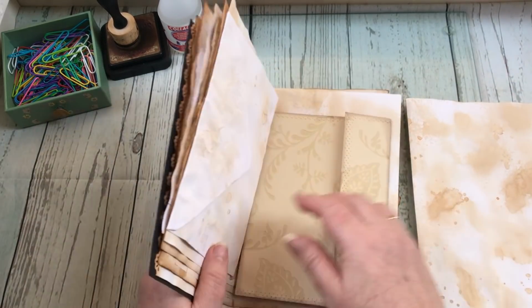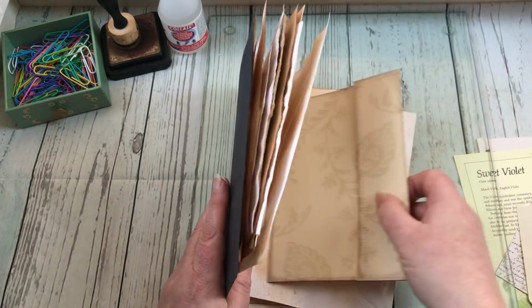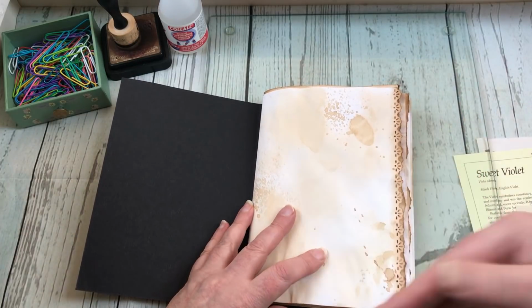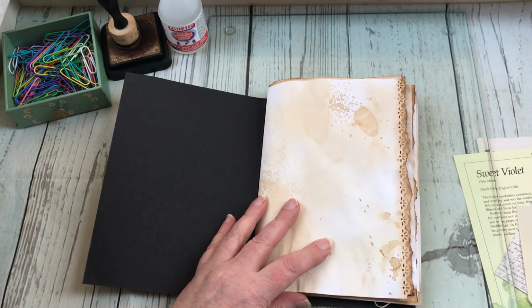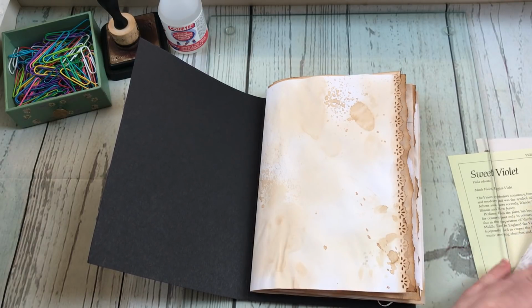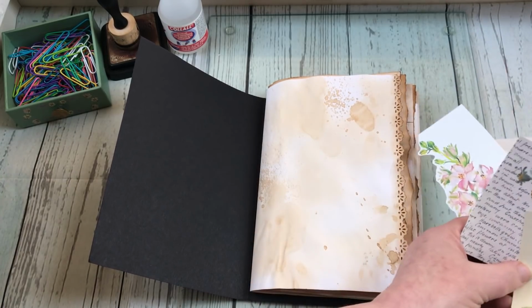Alright, so once you've worked out your tucks and your pockets, I'll just pop that back in there. You then need to start to go through and decide where each of those tucks and pockets are going to go. So let me just use these 4 as the example,